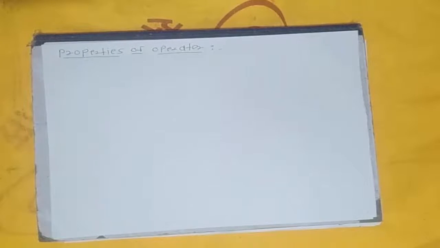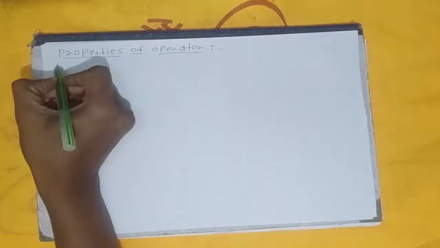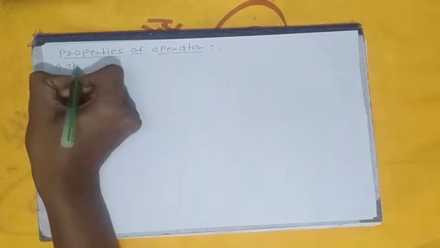Students, today we see properties of operators. We see the properties of operators del and E, that is, backward difference operator and shift operator. So the first property is that